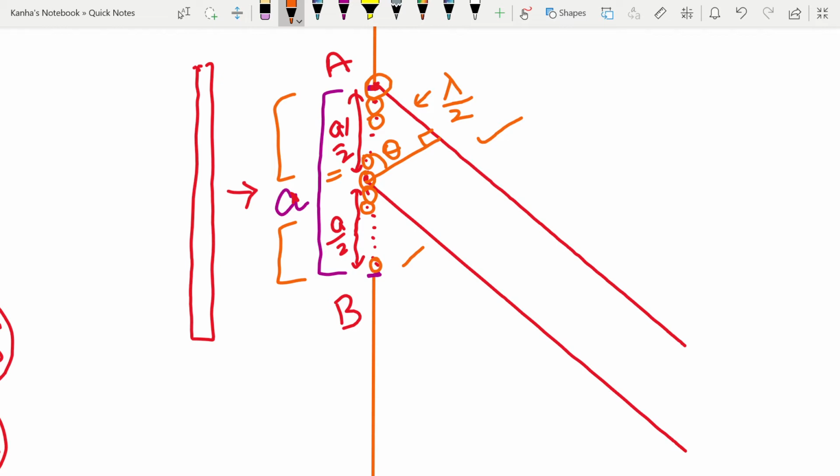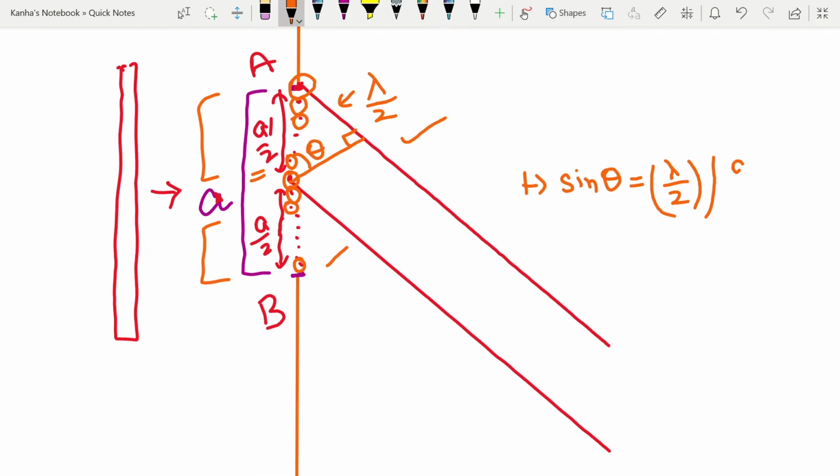So what will I have? I have that sine theta is nothing but lambda by 2 divided by a by 2,